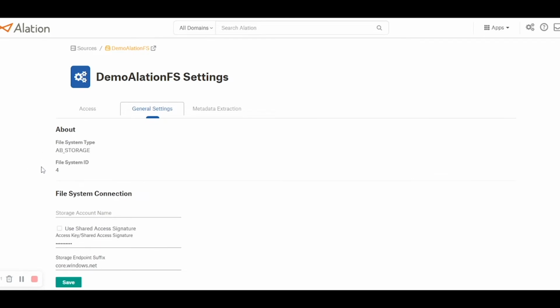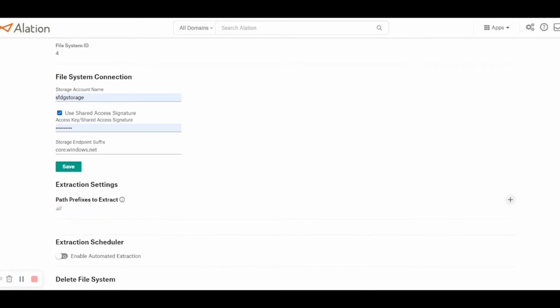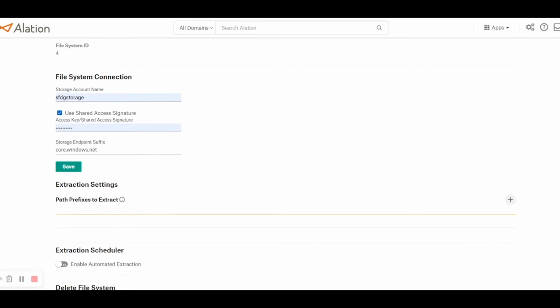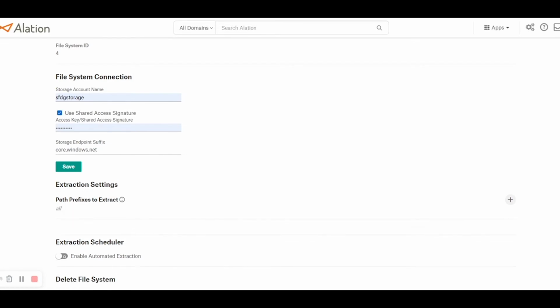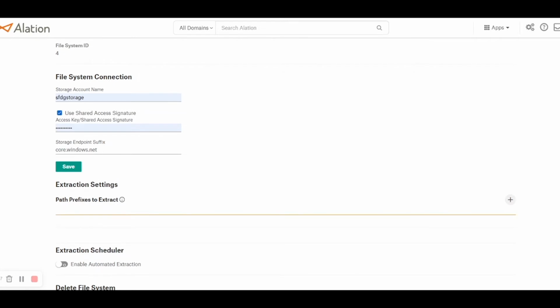These are attributes populated by default by Alation. I need to enter the storage account name, which I've already keyed in as SFDG storage. Access key, I'll say use shared access key. Storage endpoint suffix. Now remember, this is the endpoint suffix and not the overall URI or URL. We would recommend giving a path to the file system. I'll give a path as stage web sales raw